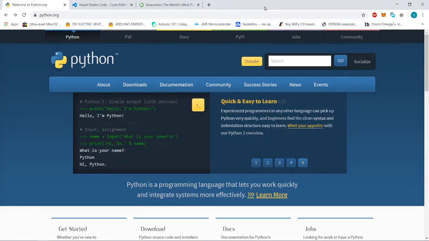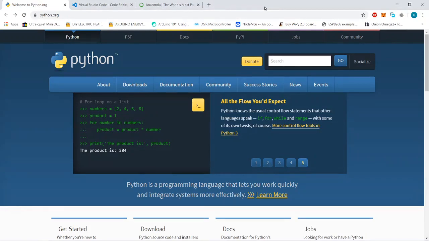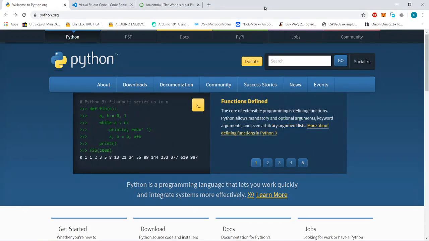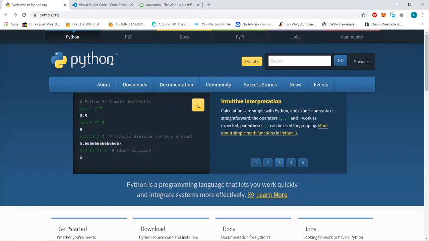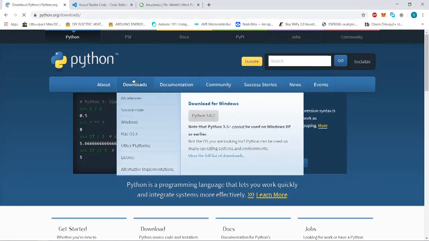In this tutorial we will learn how we can install Python. Let me tell you that we have various options to write code in Python. One of the very simple and easiest approaches, if you have not installed Python, is to go to python.org and then go to the download section.